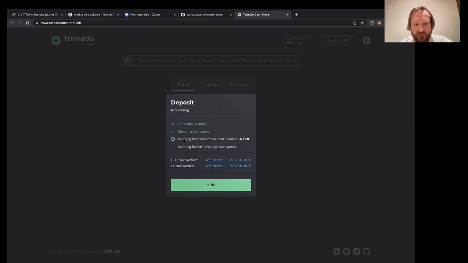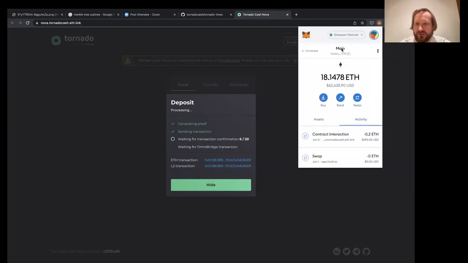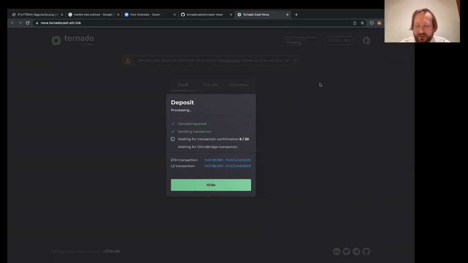And when we withdraw, the bridge will send the withdrawn funds back to the mainnet to our specified address. So the user doesn't need to interact with layer 2 directly. So you don't ever need to change Ethereum network and stuff. But it provides these cheap transactions under the hood automatically.